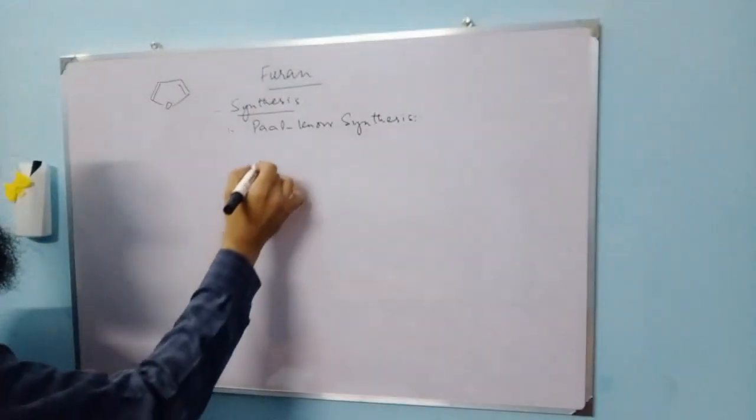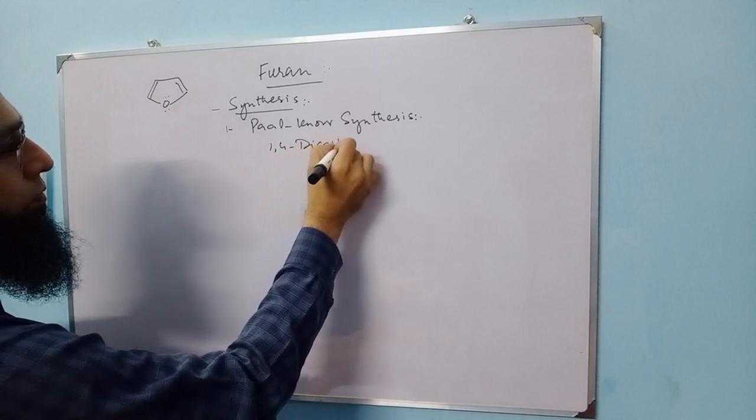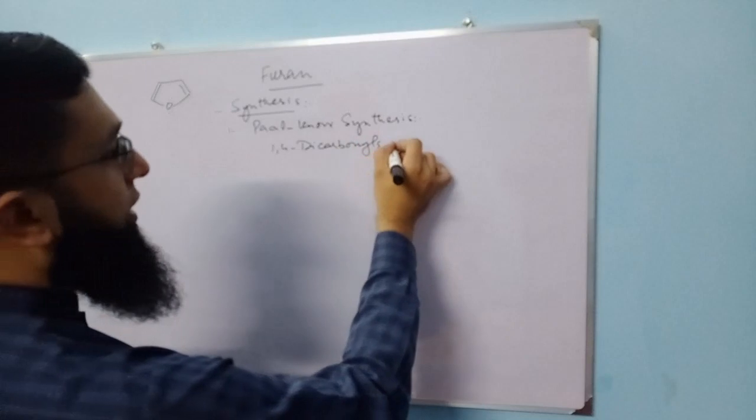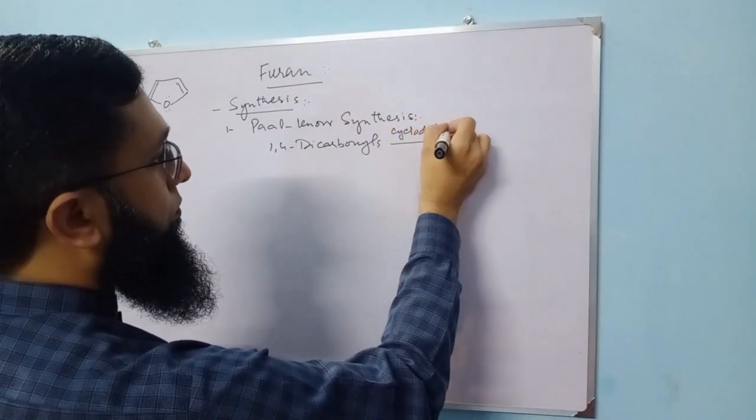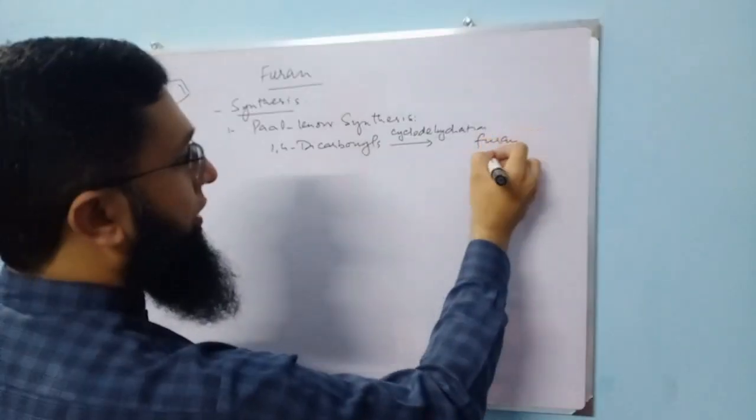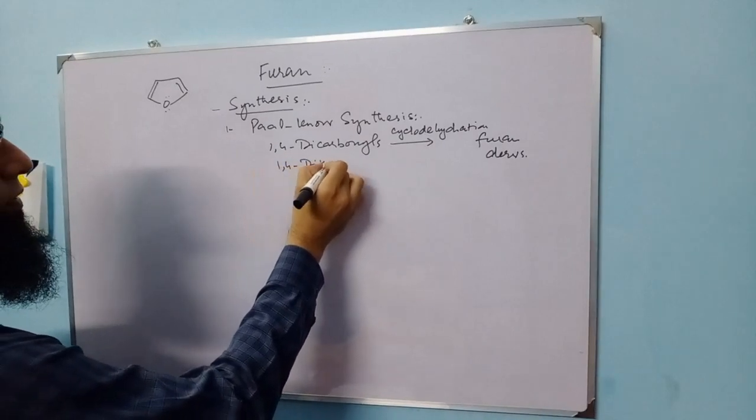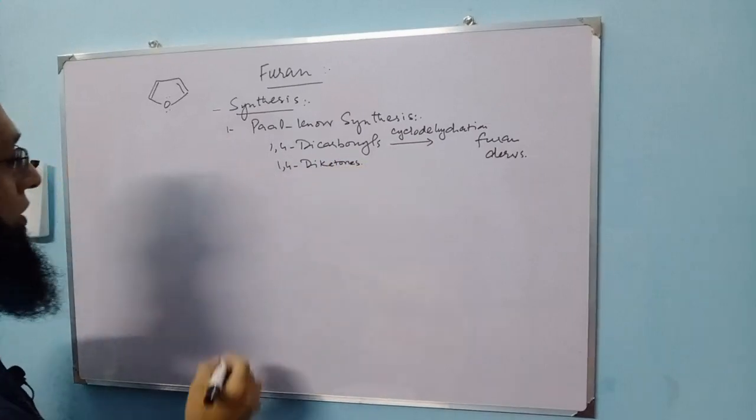In this method, 1,4-dicarbonyls undergo cyclodehydration and as a result furan derivatives are obtained. In this case particularly 1,4-diketones are used. For example,